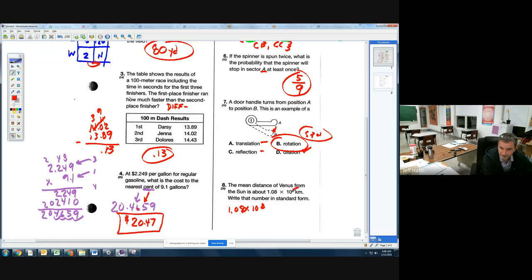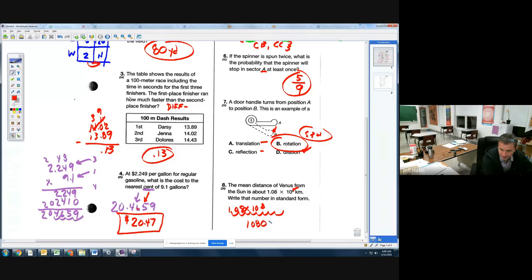This exponent tells you how many places you move the decimal. So I'm going to take the decimal starting right there and move it 8 places to the right. So it's going to go 1, 2, and then I'm going to have 6 more, 3, 4, 5, 6, 7, 8, which means I'm going to add zeros for all 6 of those things. It was 8, but 2 of them were taken up with the 0 and the 8, so 1, 0, 8